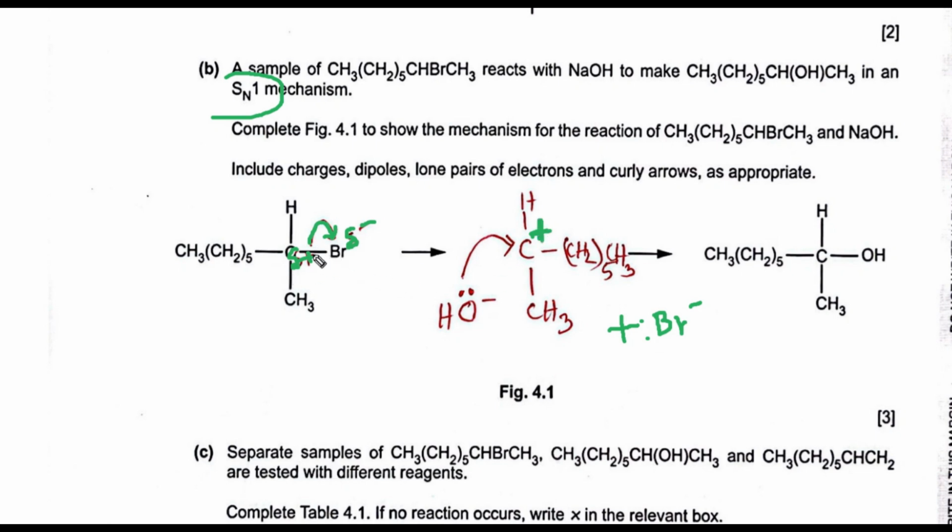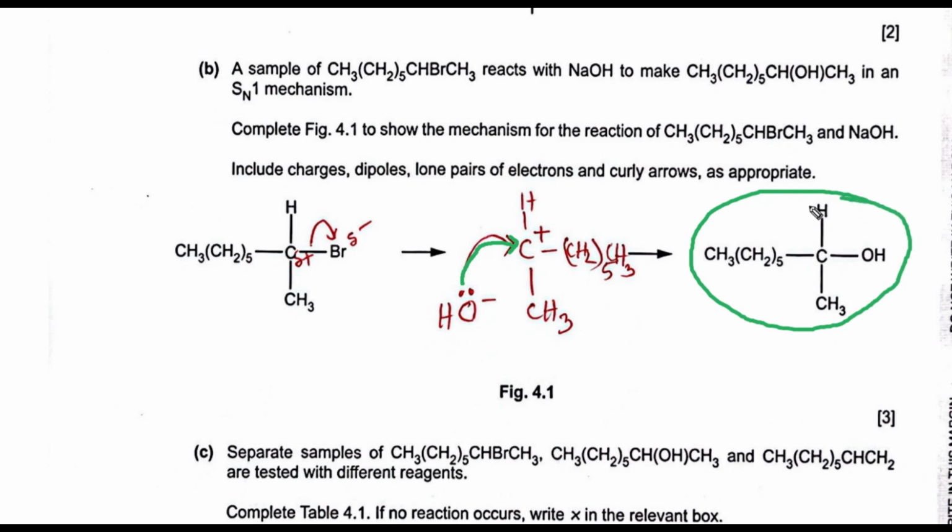First step, bromine takes the electron pair, and a positive carbon is formed. The SN1 mechanism occurs in two steps. When the positive carbocation is formed, the nucleophile, I mean the hydroxide ion, gives its lone pair of electrons to the positive carbon to produce alcohol. This is the SN1 mechanism. Next,